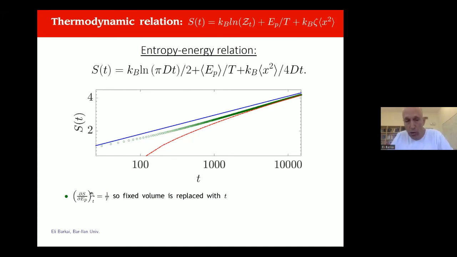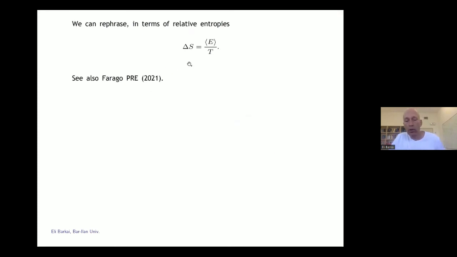You can also show that the usual thermodynamic quantity, dS over dE equal to 1 over T, holds, but now when t is finite. So t is like a box in some sense here. I will stop here. We can also rephrase this in a different way. Delta S, what is delta S? Delta S is the difference between the entropy of the system with the potential and the entropy of a free particle, and it is equal to the average energy